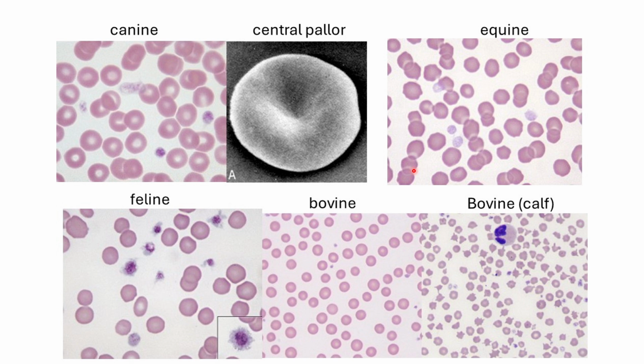In equine, a species difference would be there. It is common for equine blood to have rouleau formation or stacking formation of the RBCs. For feline, it basically looks like your canine, but not as much pronounced pale centers, so no pale centers. For the bovine, there would be a normal manifestation of slight anisocytosis or slight size difference in your RBCs, and in the calf, there will even be differences in the shape. Okay?